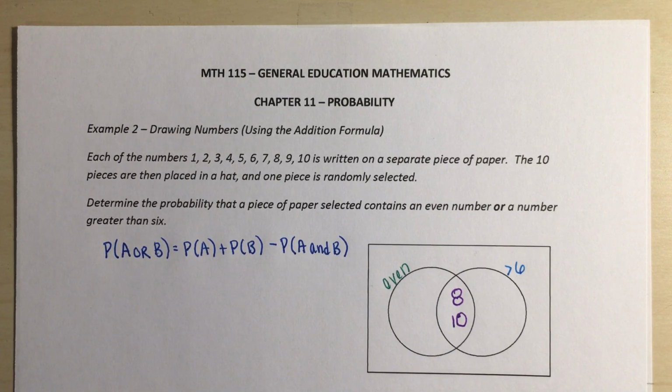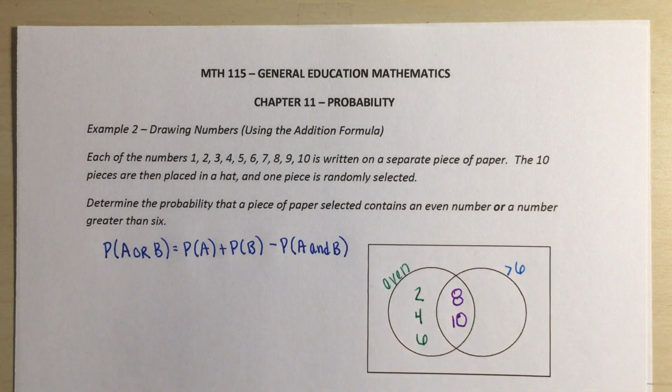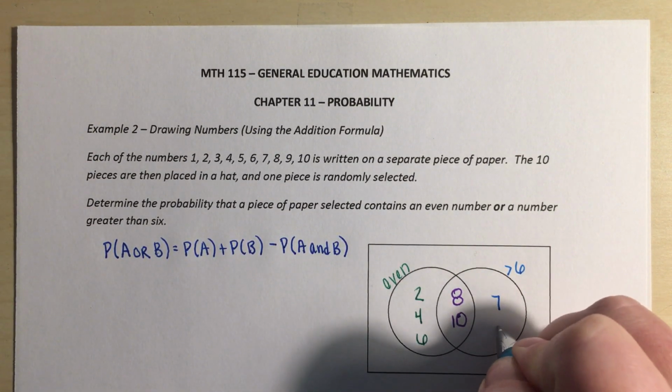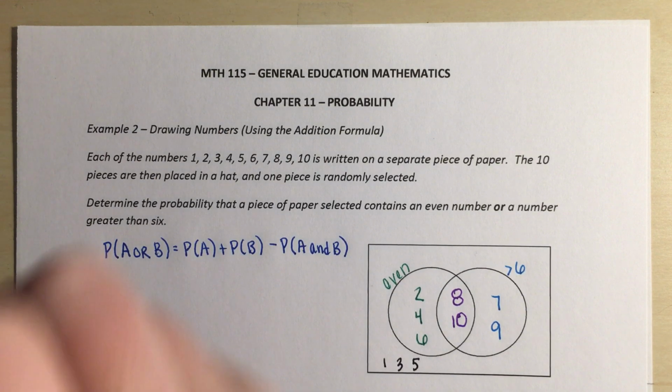The leftover even numbers are then 2, 4, and 6. The leftover numbers that are greater than 6 are 7 and 9. That means the numbers that go outside in our universal set, which we never used, are 1, 3, and 5. They're all odd numbers, they're not even, and none of those are greater than 6. So to find our probability that we are even or greater than 6,